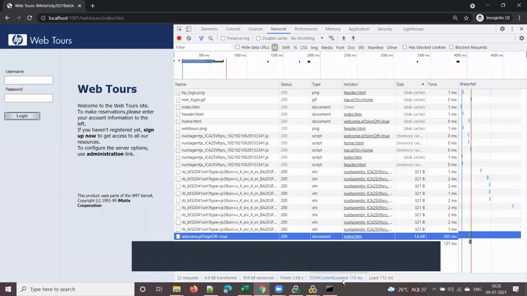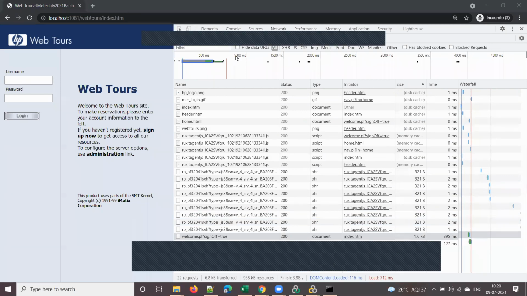We are not going in depth into those, but basically what you need to understand is developer tools will show you all the sub requests and the response code of each request, what type of resource that is, who initiated that call, and the size of each resource, right? It will give all these details.